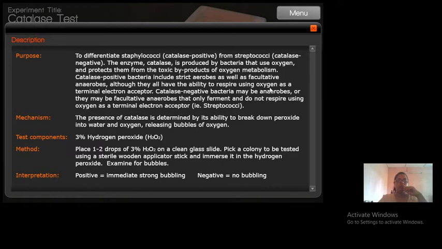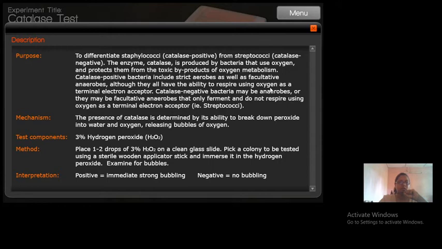That means soon after you do Gram staining and you see Gram positive cocci, for example, you don't know what genus it is. The most common genera expected are Staphylococci or Streptococci. So this is a test which differentiates the Staphylococci genus from Streptococci. If it is positive, the organism belongs to the genus Staphylococci, and if it is negative, the organism may belong to the genus Streptococci.